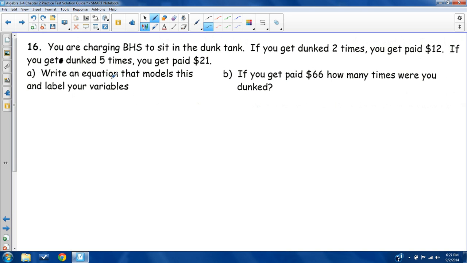All right. So this is where someone might get stuck. They're like, what? Thing is, we translate the word problem to a regular equation problem. We talked about domain and range a little bit as far as input and output. 2 times, 5 times, that's getting dunked. So that's an input. We dunk you. As a result, you get paid a certain amount. So input will be number of times dunked. And as you remember, if you go all the way back to the beginning of this thing, your input is your x. So I'm going to let my x be